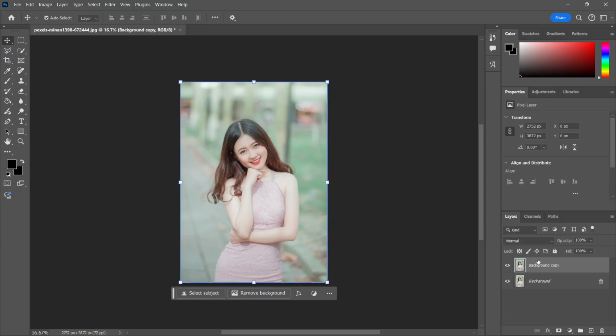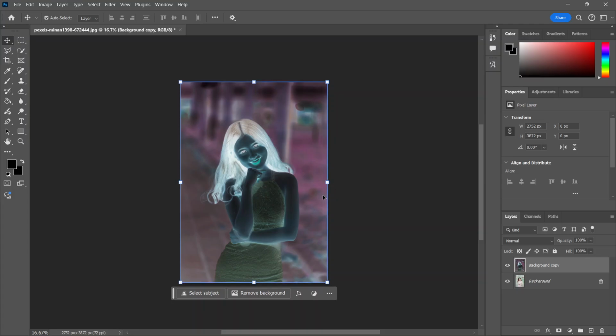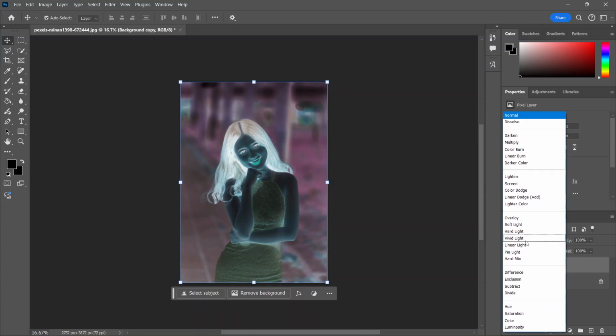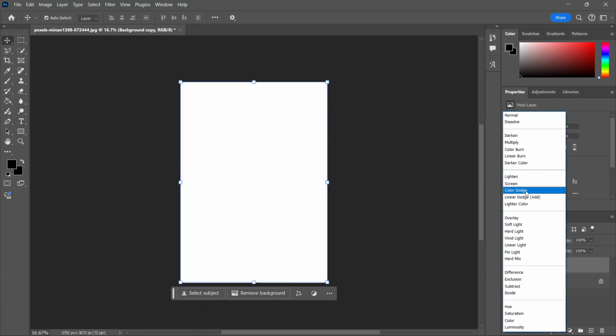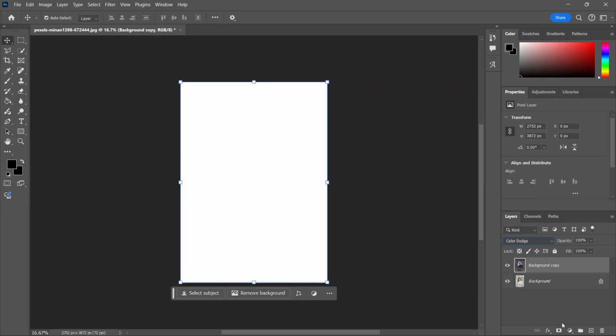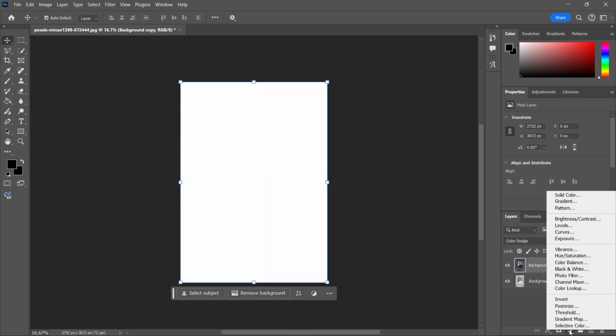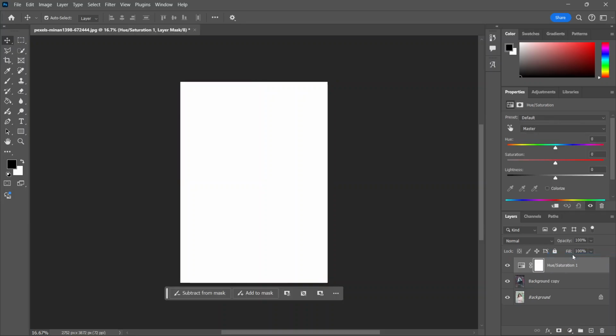I created another layer. So you simply need to select that and press Ctrl I on your keyboard. Once you invert that, you simply need to click here, and change its blending mode from normal to color dodge. Okay, once you've done that, you simply need to click here and click on hue and saturation and change saturation